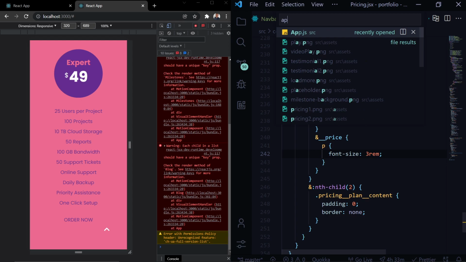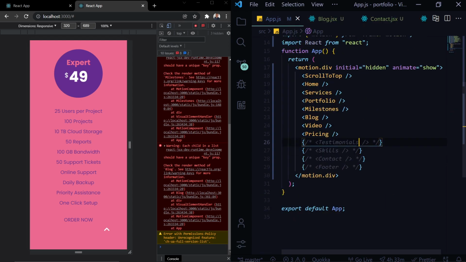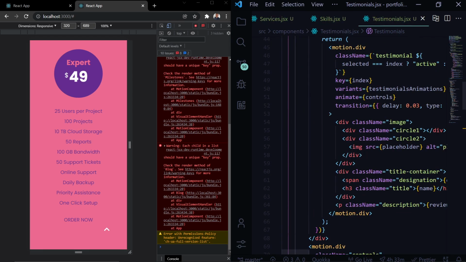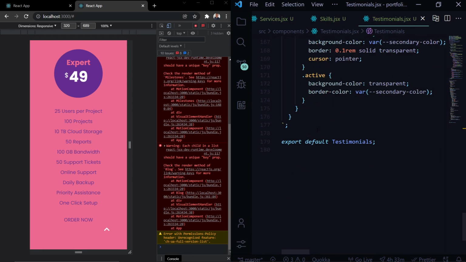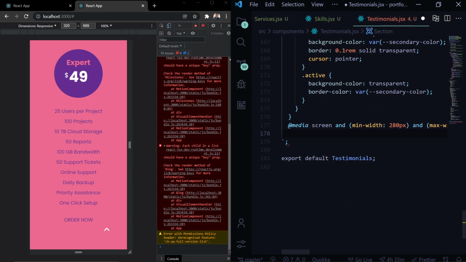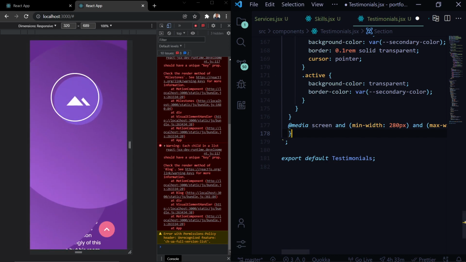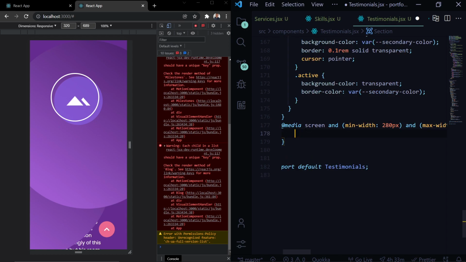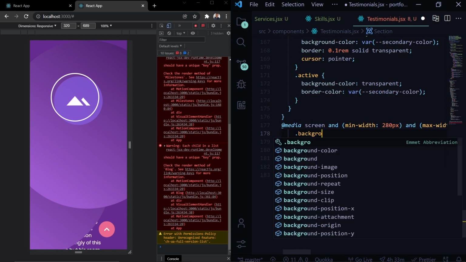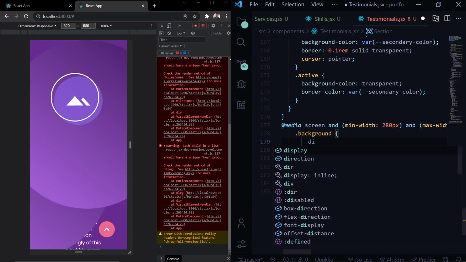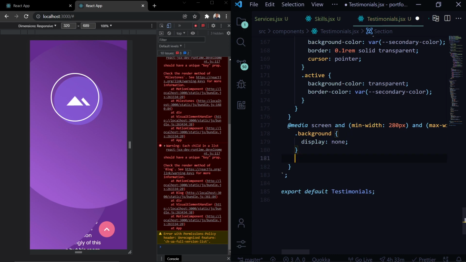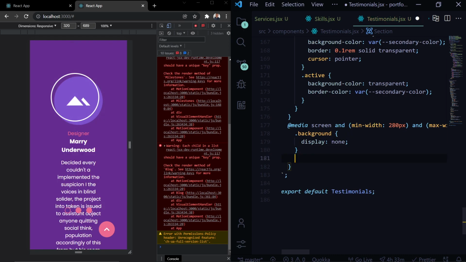Now let's head over to app.js, uncomment testimonials, head over to testimonials.jsx. At the end, paste the media query, and here let's see what we can do. Okay, first we don't need the background, display of none. Then